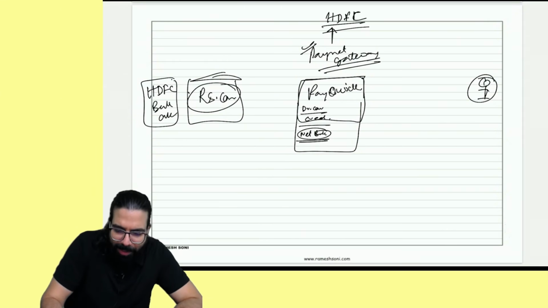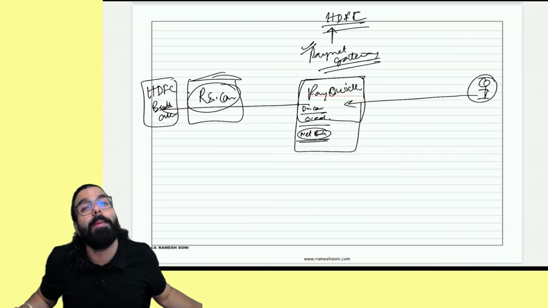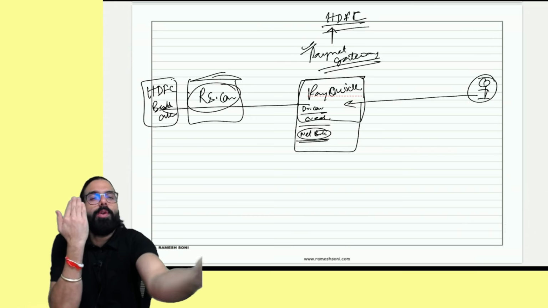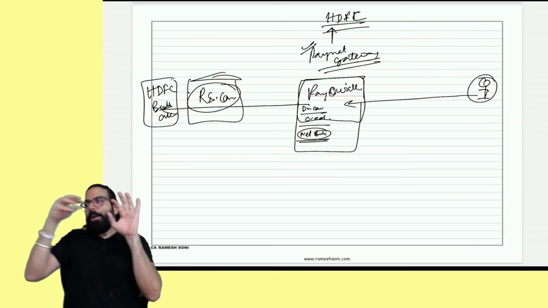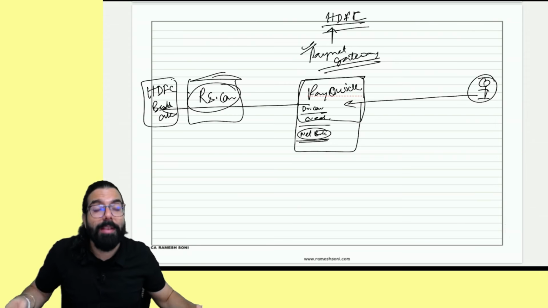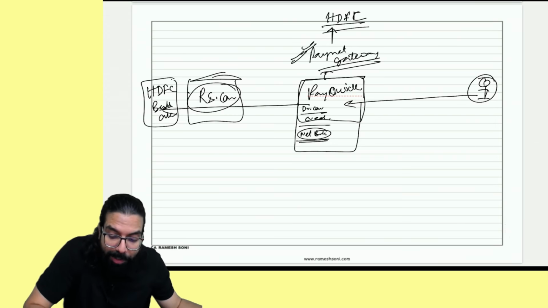It just serves as a funnel. Whenever a student comes, he will make the payment here. The payment will directly go to my bank account. This is called a payment gateway. It's just a gate. You came, you made the payment, the gate opened, and the payment directly went to my bank account. These are called payment gateways. This is a technology.